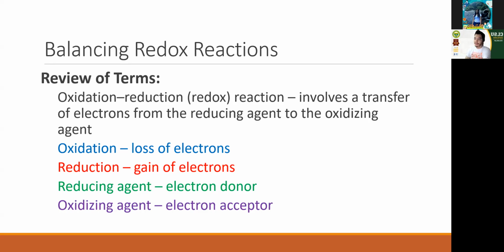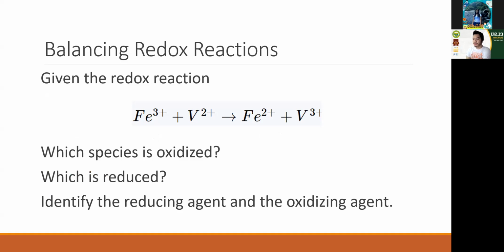Yan. Dito sa simple reaction, tanungin niyo muna yung sarili niyo, ano ba yung na-oxidize? Ano yung na-reduce? So pag ganun, next is identify muna yung reducing agent at oxidizing agent. Tapos, ang isang key feature ng redox reaction is yung total charge ng left side is equal sa total charge ng right side. So kung makikita nyo,